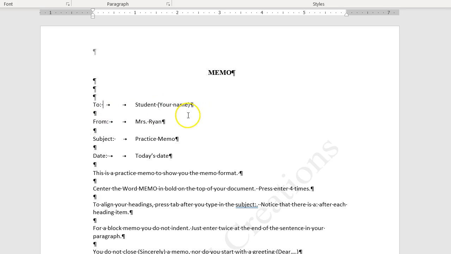Then I entered twice, 1, 2, typed in "From:", tabbed twice, 1, 2, typed in Mrs. Ryan because I'm writing you the memo. Then I entered twice again, typed in the word "Subject" with a colon. Subject is a longer word, so I only needed 1 tab to line it up with the others and type in practice memo. And then type "Date:"